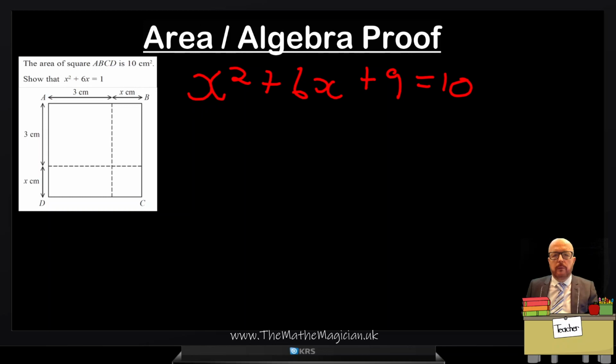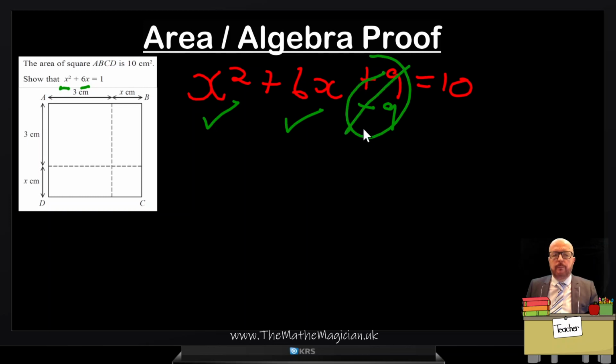So let's give myself a little tick. I've got x squared from here. I've got 6x from here, but it's this bit that's wrong. I need to get rid of that 9. How do we get rid of that 9? Well, if I want to get rid of that 9, I have to subtract 9. And plus 9 and minus 9